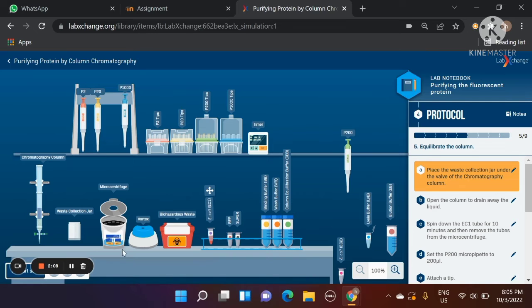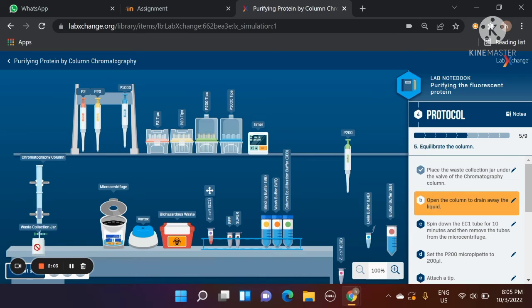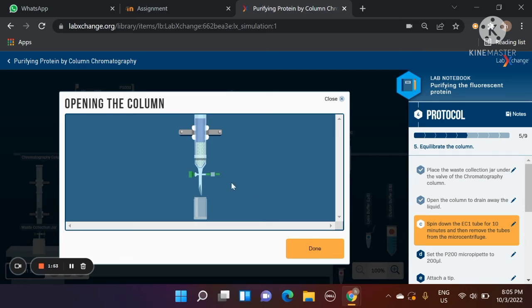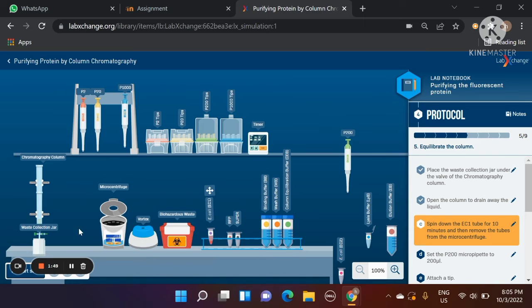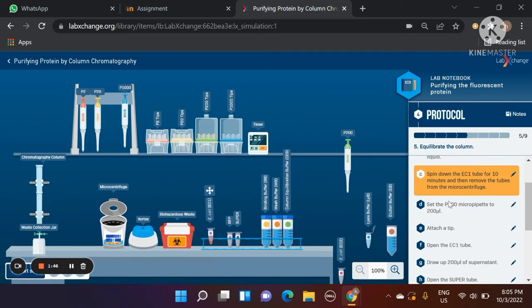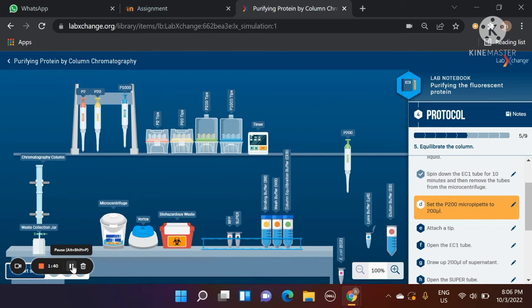So place the waste collection jar under the chromatography column and open the column to drain the water. Afterwards, spin the EC1 tube inside the centrifuge. After the centrifuge, the EC1 tube, we have to set the P200